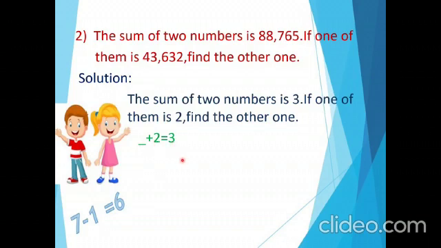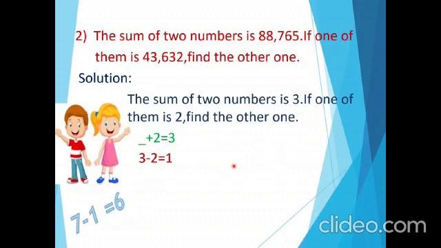Correct? So it is easy for single digit numbers, but for large numbers it is very difficult. So this number, which is to be added to 2, we can also find by doing subtraction, that is 3 minus 2, which is also equal to 1. Correct, children? The same operation we have to do for the given problem.